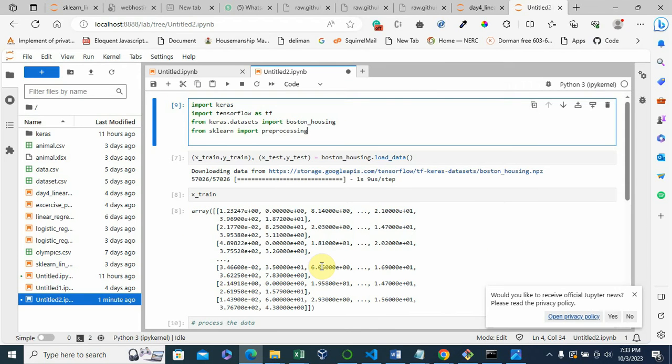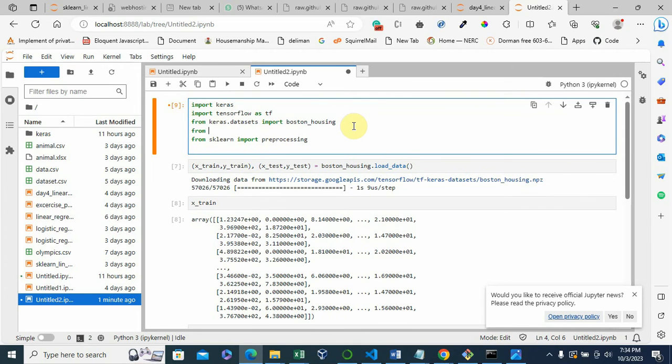Here I'm going to load in my sequential model. So here, from keras.models. You see here you have models experimental.